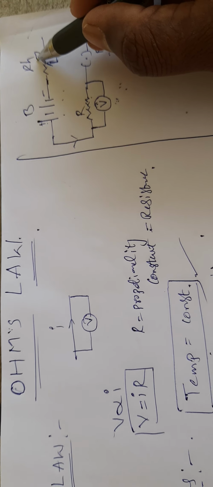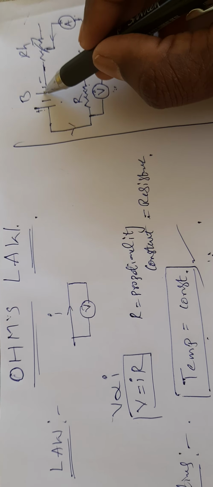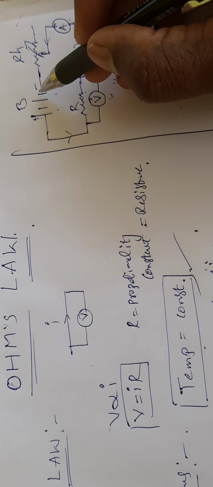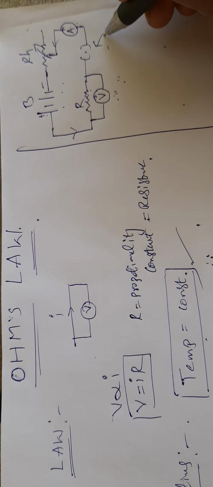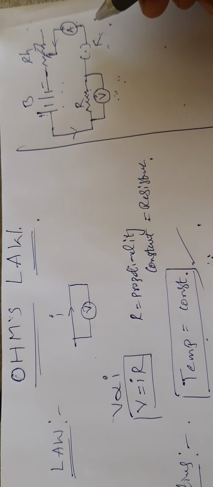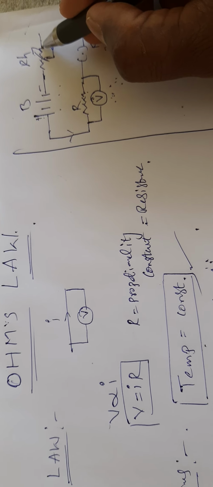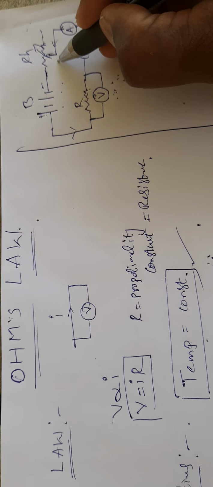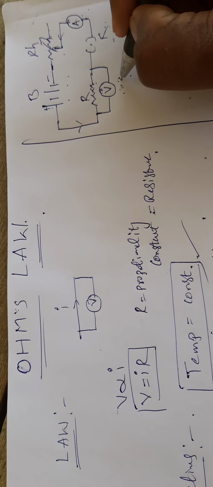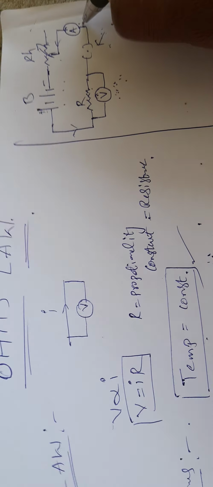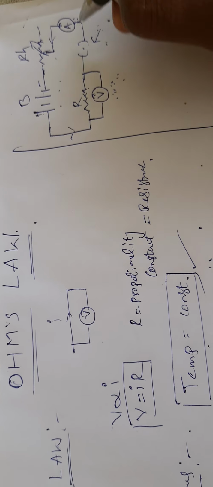Then we have a rheostat. This rheostat gives us variable resistance. Once 2 volts is switched on from the battery, then 2 volts is supplied in the circuit, and we obtain some values. While you are reading the values in the voltmeter and ammeter, if you decrease the rheostat, the voltage across the resistance will increase. If voltage increases, as per Ohm's law, the current in the ammeter also will increase. So is that increasing proportionally?